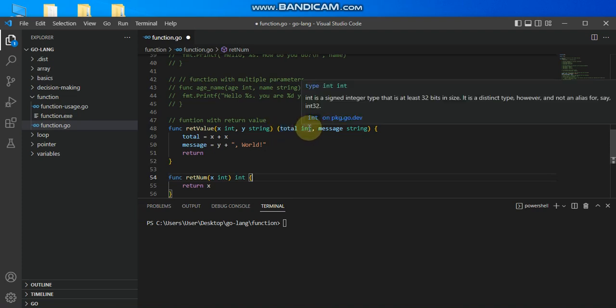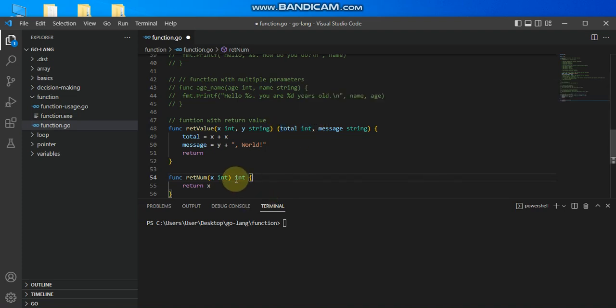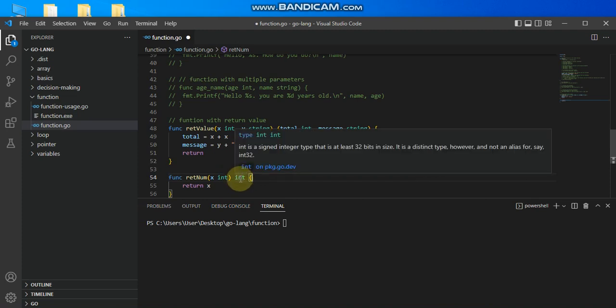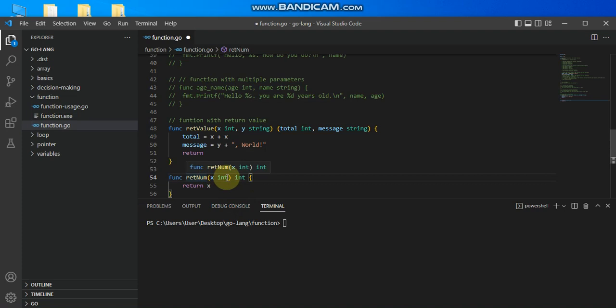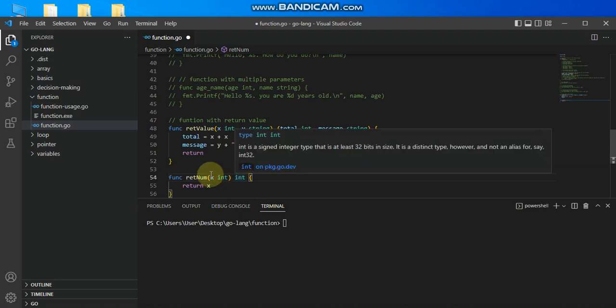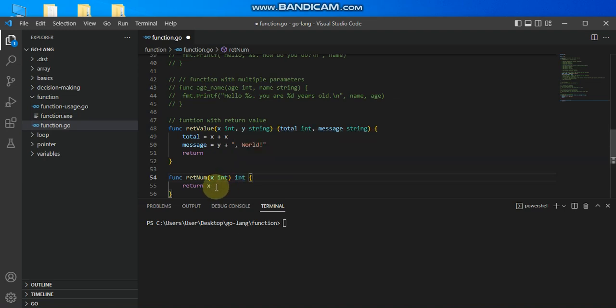And what type is it? Of type integer. This one is only declaring the type, which is integer, while this one is also the type of string. So the return value type is what comes after the parameter that is being passed to this function. What I have here is the parameter, which is x of type integer. Since it's only one return value that I'm going to be having, I can just say return x